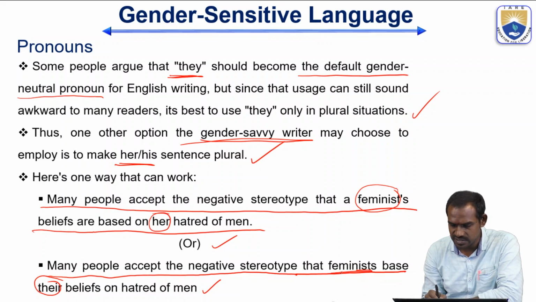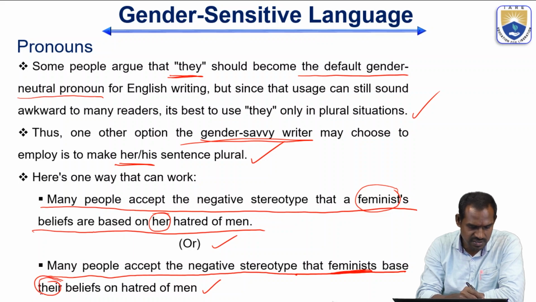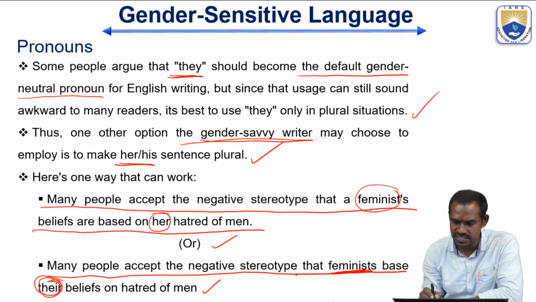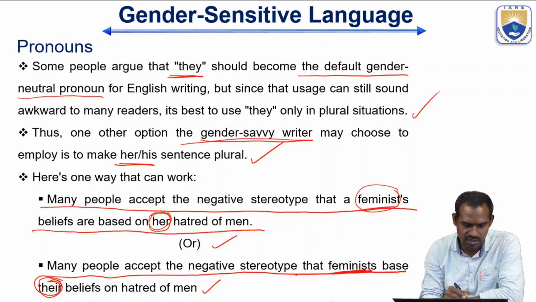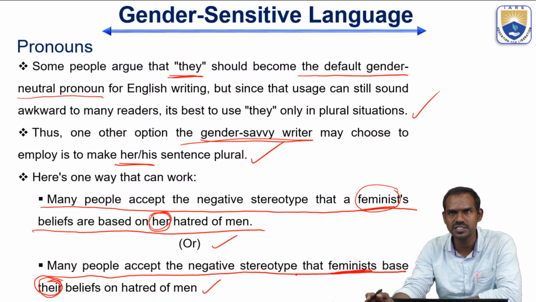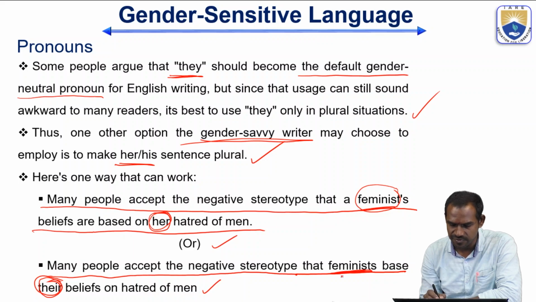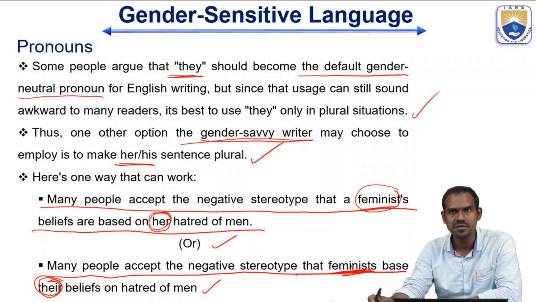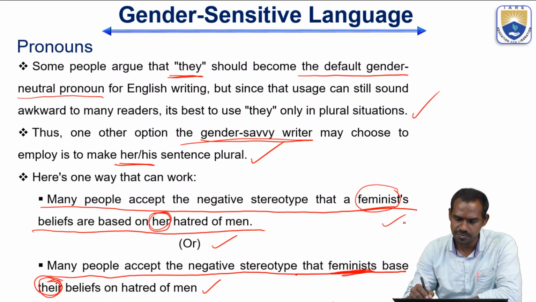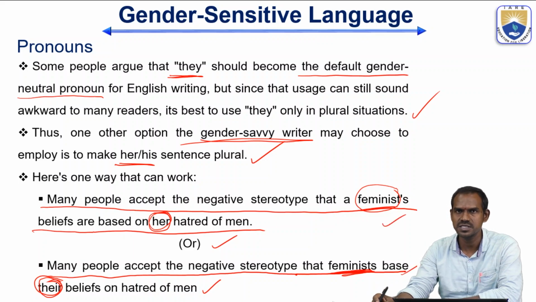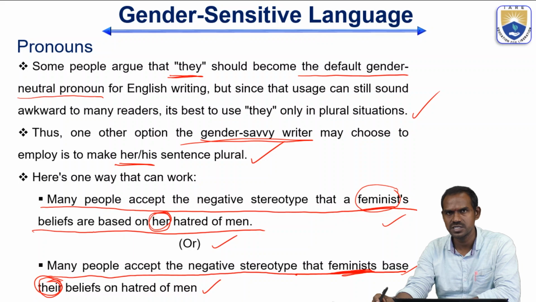So feminists, here the noun is feminist, the pronoun is their. In the first sentence, the noun is feminist, the pronoun is her. Just using apostrophe s, then the beliefs of feminist. Here, feminists base their beliefs. Feminist is the noun and their is the pronoun. Okay, I hope you understood the usage of both the sentences in the context of gender sensitive language. Now in continuation,